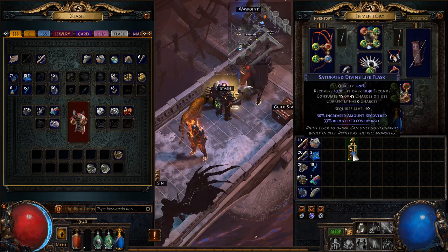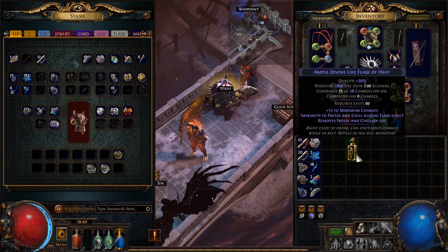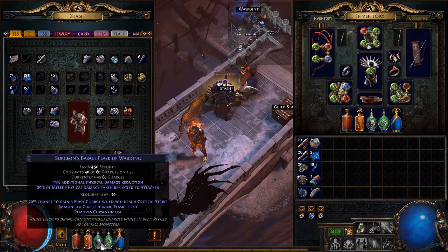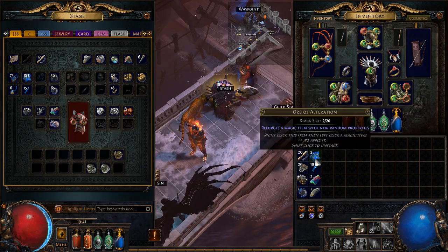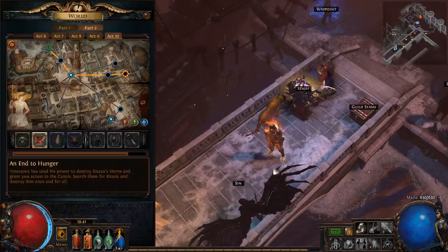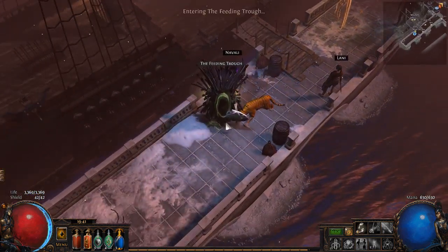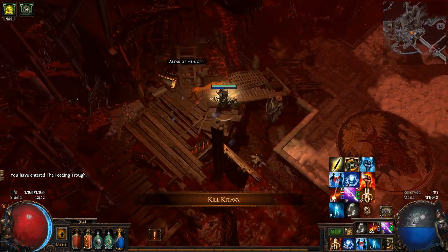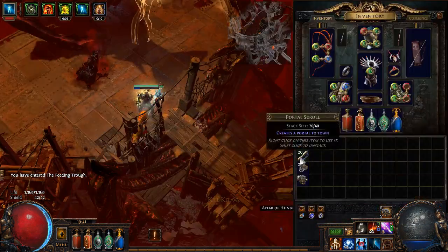What do I want? Definitely not saturated. Ample is good. Ample, sure. So I have an instant flask and I have one that just heals me over time. Remove bleeding, remove curses. I don't really have a way to get more charges. I guess I'll have to rely on Poacher's Mark. Welcome. Get my auras up. Okay,